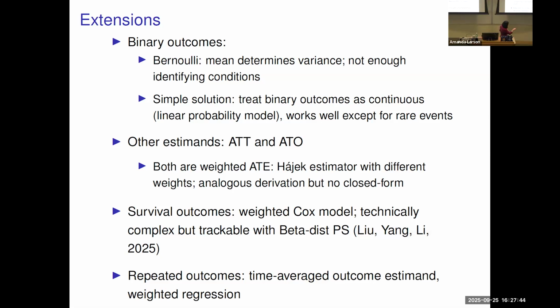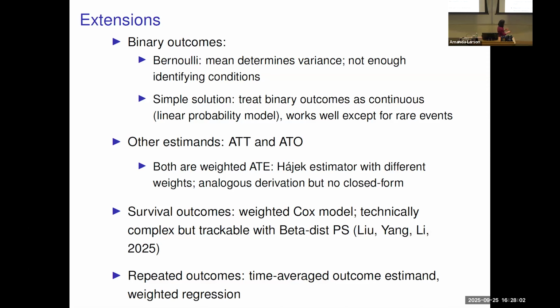Our idea, this beta propensity score, helped us, but then still other things. So we're basically done with this. I'm now wrapping it up and putting it in a package because I know that if you want doctors to use this, it is a must. And I also did the extension to repeated outcomes. That's much easier